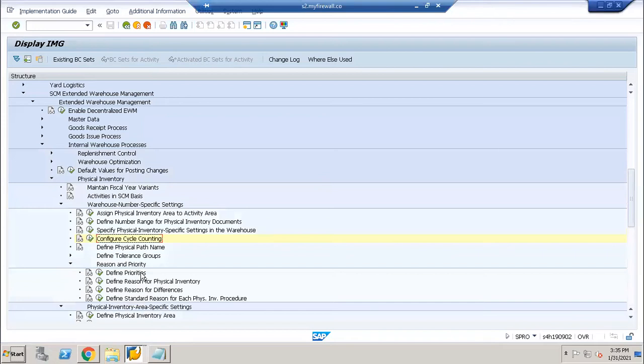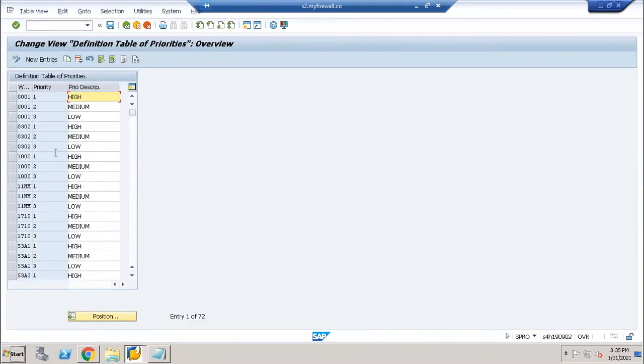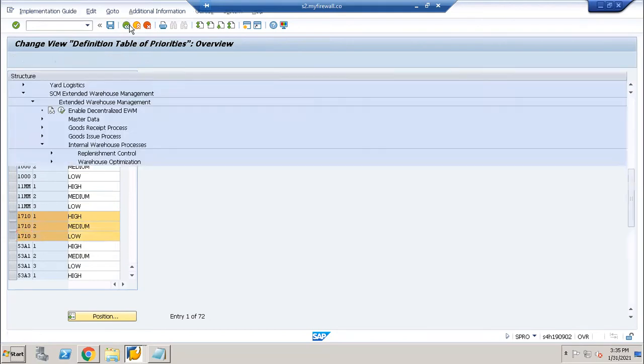So we can define the priorities, we can define the reasons, and we can define the reasons for differences. These are the priorities for our best practice warehouse: priorities 1 and 2, high, medium and low. Okay, 3 priorities are there.